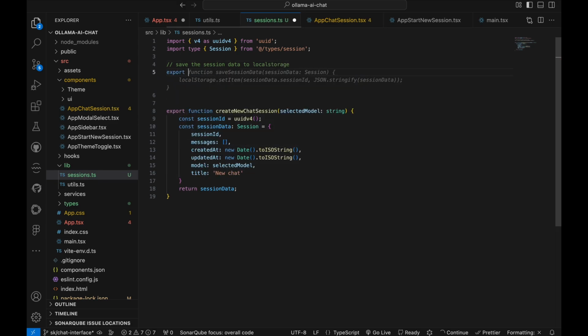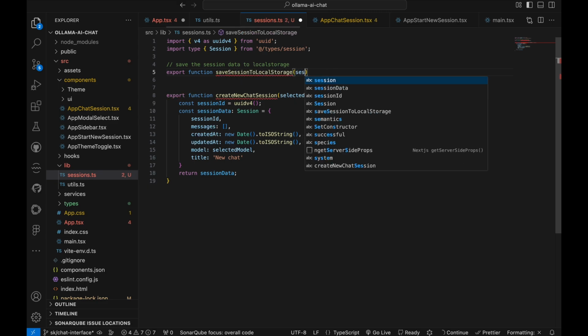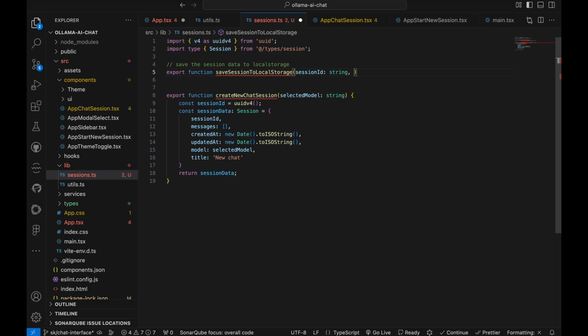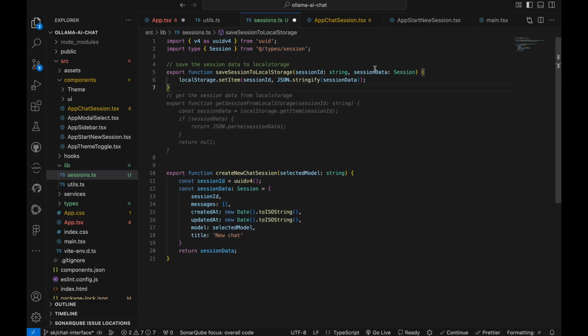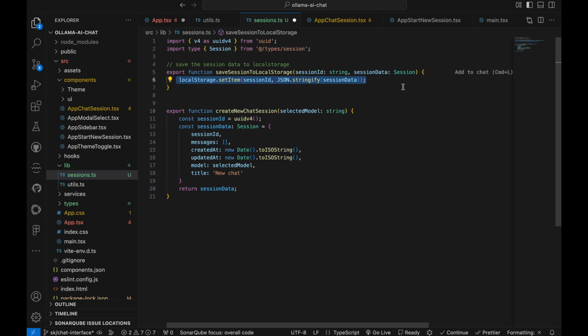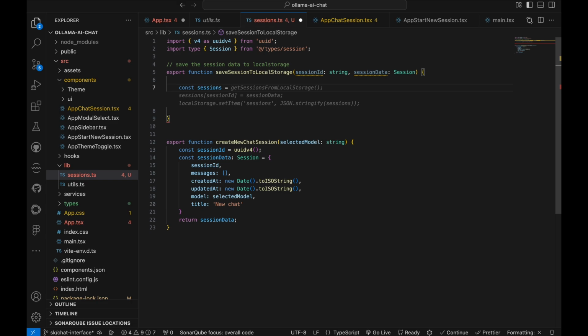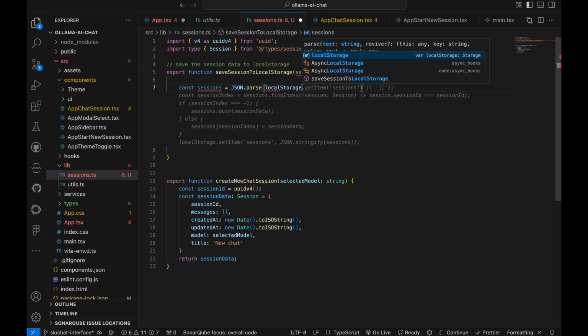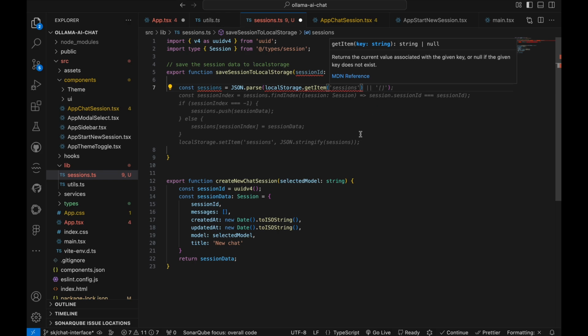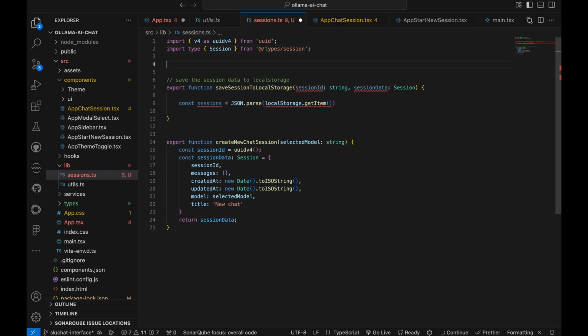We'll save the new session data, like whatever we have, into our local storage by passing the sessionId and the sessionData, right? So we'll create a common function to do that. So let's say we have sessions which we will parse from our local storage. First we need to find the sessions object in our local storage. So we need a key, right, to find that. So we'll use ollama-chat-sessions as our storage key to find the local storage object,